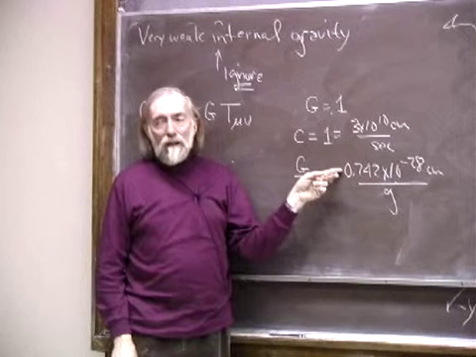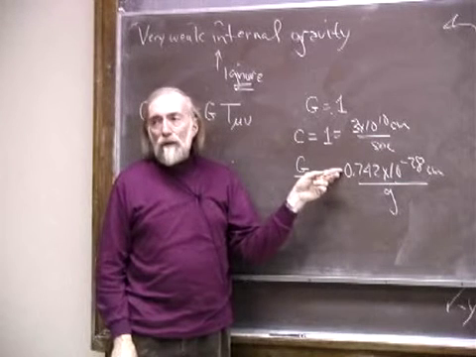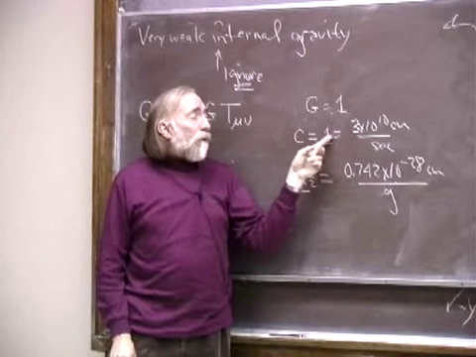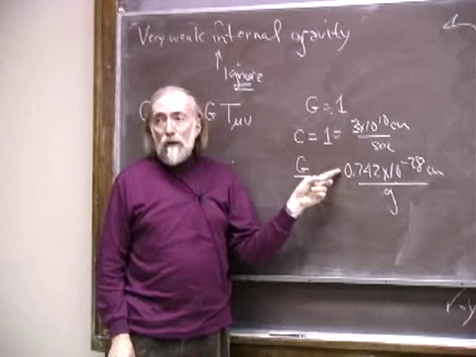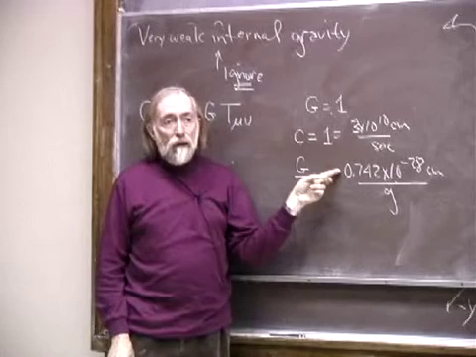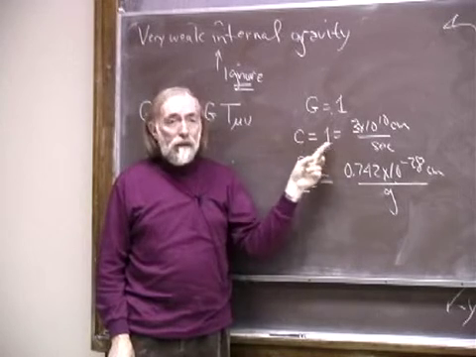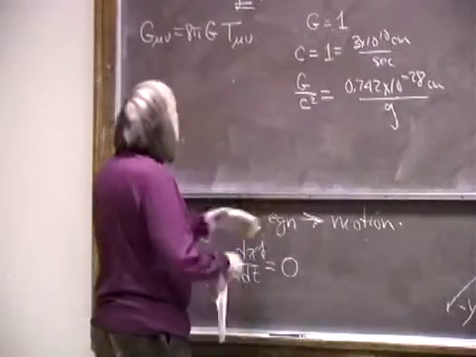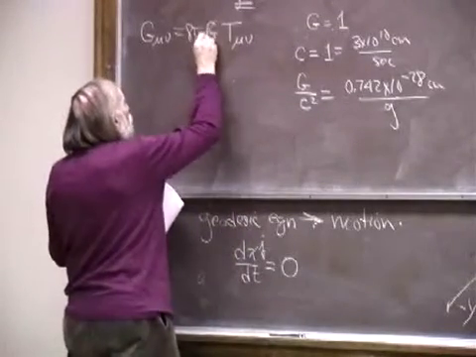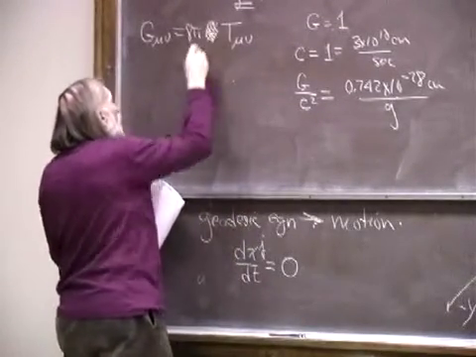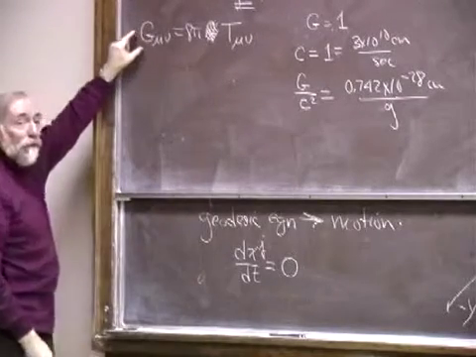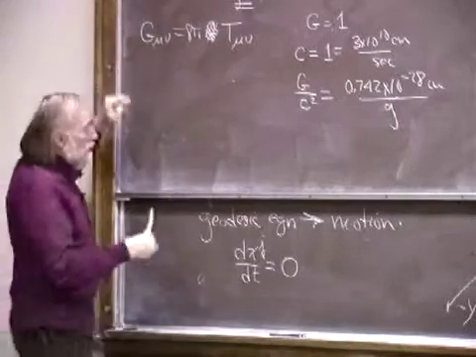And I urge anybody who doesn't feel more or less comfortable with working in these kinds of units to read and think about the table in the reading that I gave you, in the section connected with Einstein's equations, where this is discussed in some detail. So I'm going to set Newton's gravitational constant equal to 1, and henceforth g without indices will be the trace of g mu nu. Okay. Now,